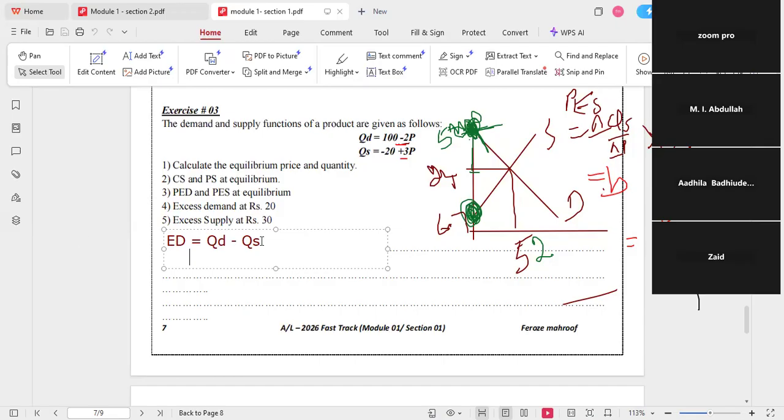So excess demand is always QD minus QS. There is no difference in this equation. In any situation, excess demand is equal to QD minus QS. So, see this QD function: 100 minus 2p, no? So 100 minus 2 into 20. Why is that? Because we are asked to calculate excess demand at 20 rupees. Therefore,